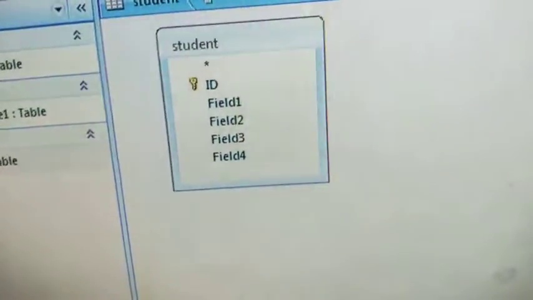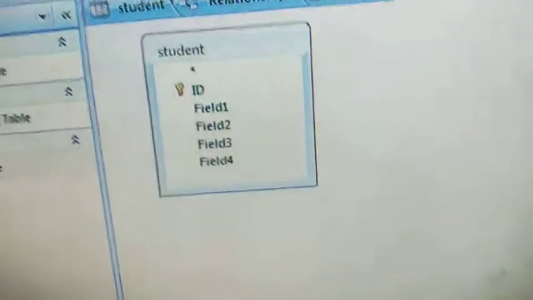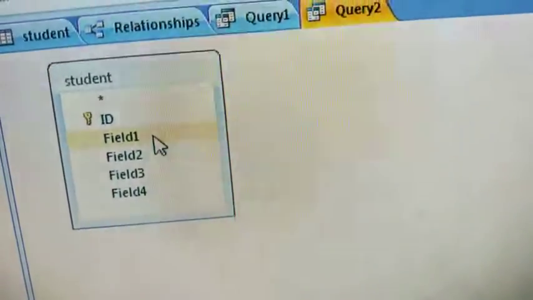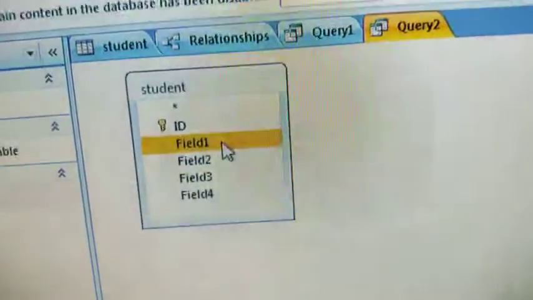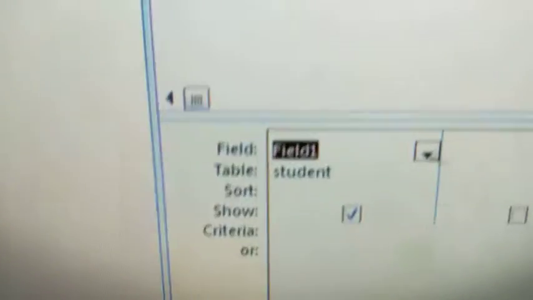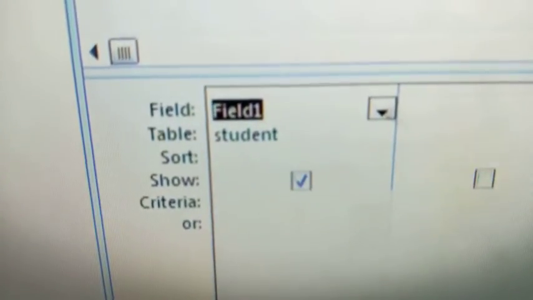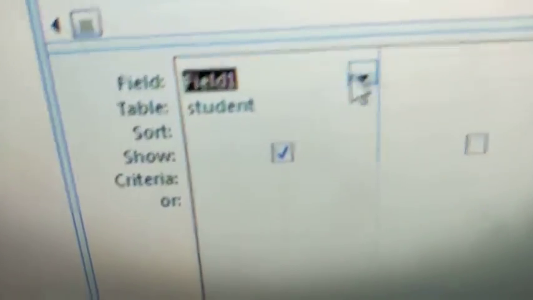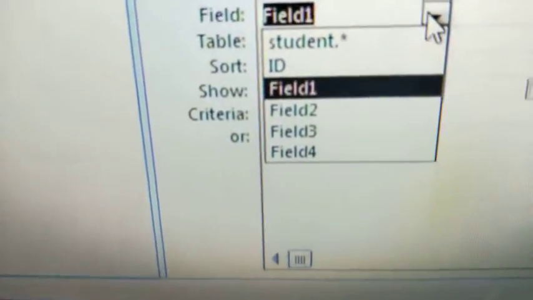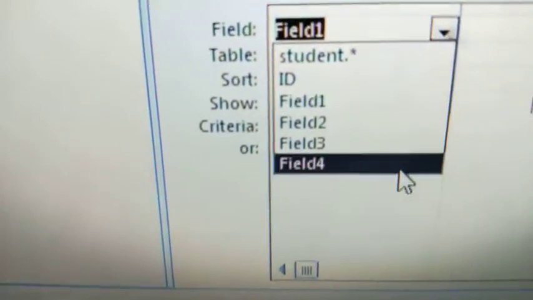From here you have to select the fields for the query. So first I am selecting field 1. Now you see field 1 is selected here, and one down arrow is also here. You can select another field if you want.